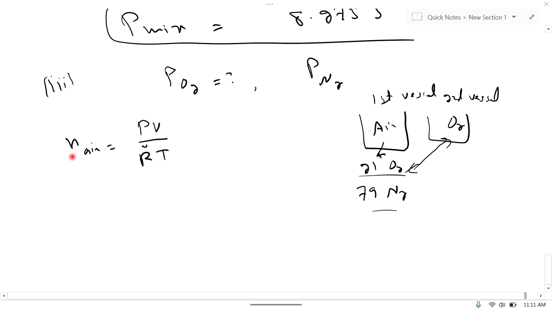In this formula, when we use m, then R is the ideal gas constant, but when we use n, the number of moles, then R is the universal gas constant, and there is a difference between the universal gas constant and the ideal gas constant R. So the number of moles of air is equal to PV. Now the pressure of air is 7 bar, meaning 7 multiplied by 10 power 5 Newton per square meter, and